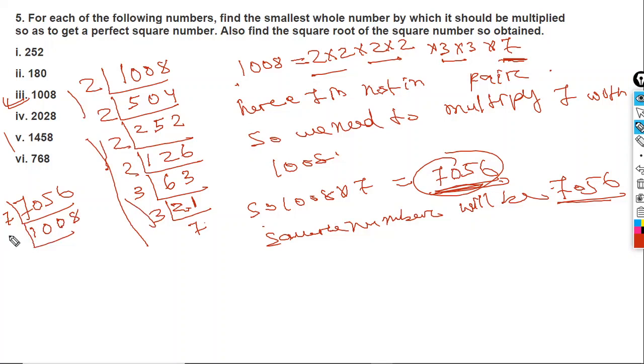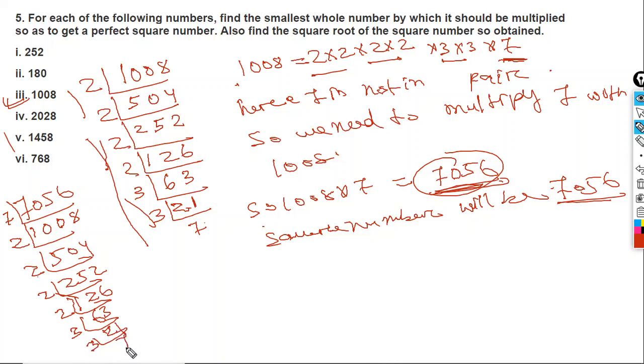Repeat this: 2 into 5 0 4 2 2 5 2. Again 2, 126. Again 2, yes, so 63. Now again 3, it will be 21. Again 3, then 7. So you will write it now, 7056 is equal to